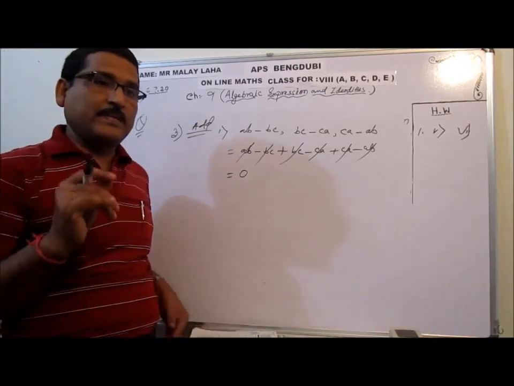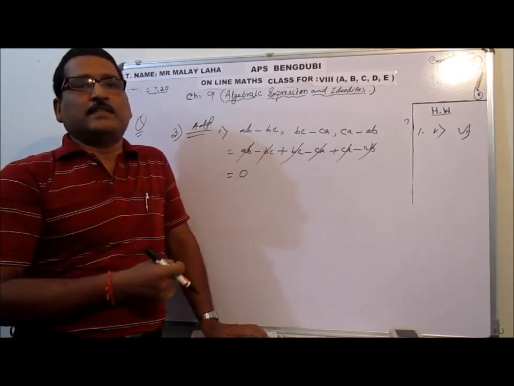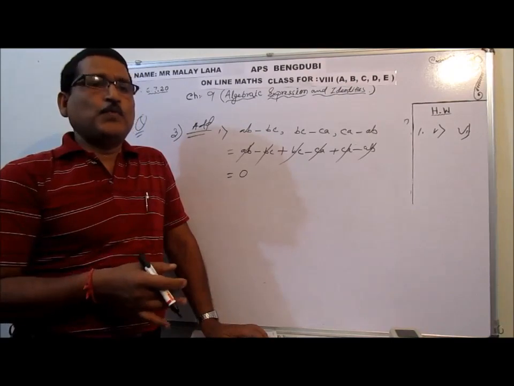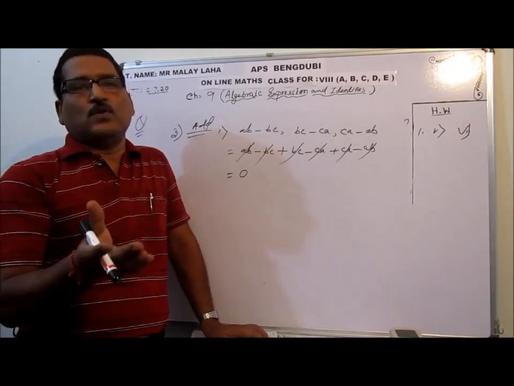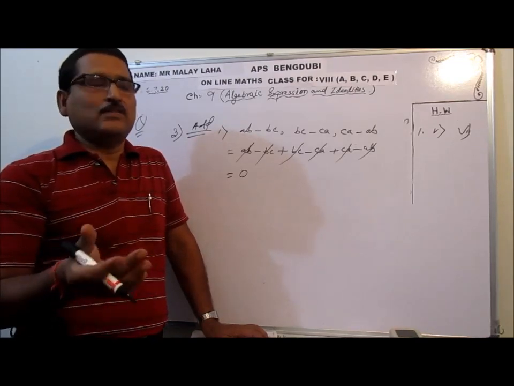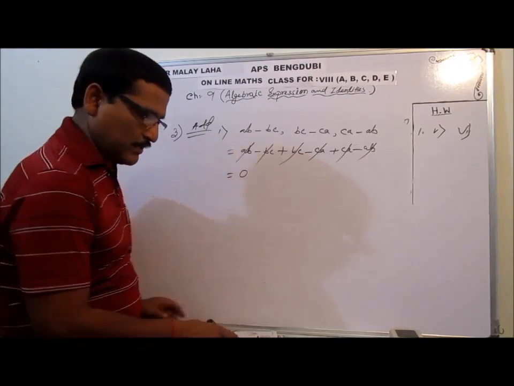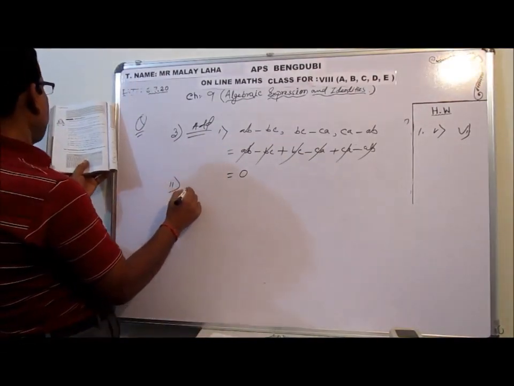Yes, after saying this many instructions, I have seen children still following the column method. Okay? If you are feeling comfortable with the column method, you can. But I would suggest follow the horizontal method because in class 9th and 10th, nobody will accept your column method. You have to follow the horizontal one. Okay? Number 2,